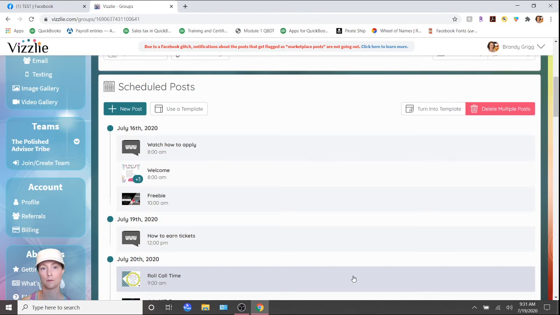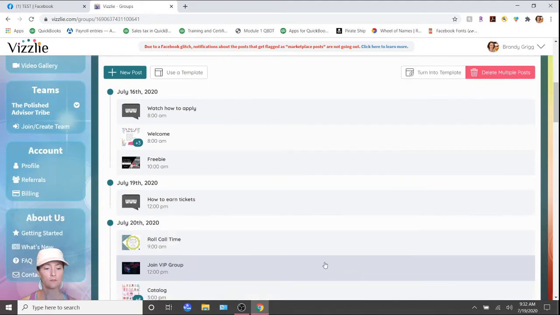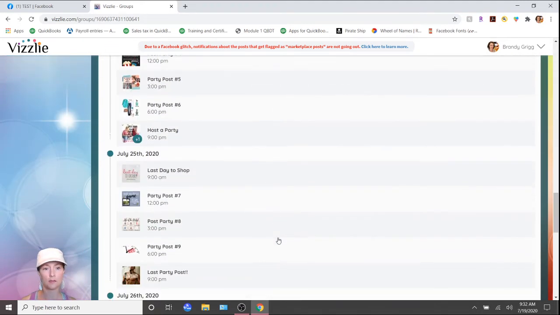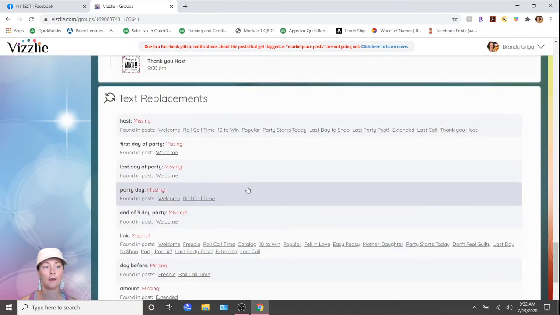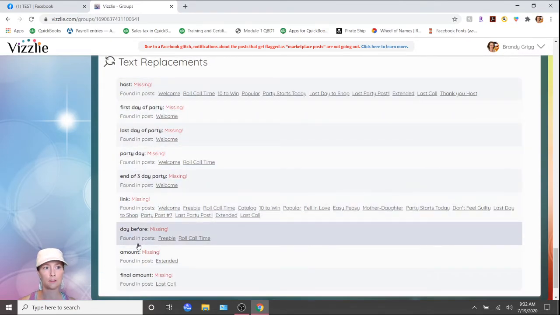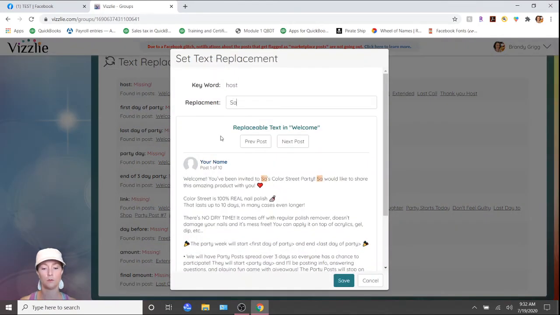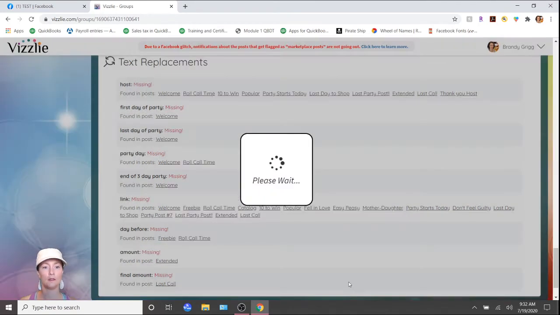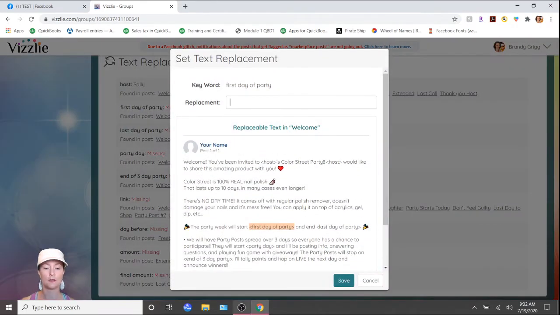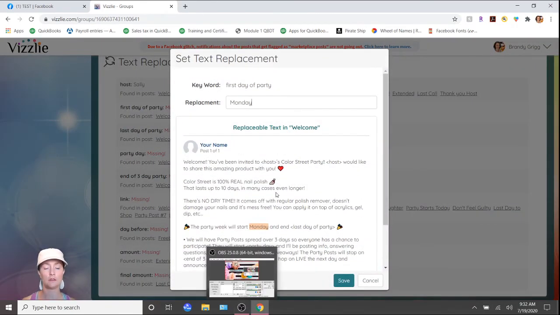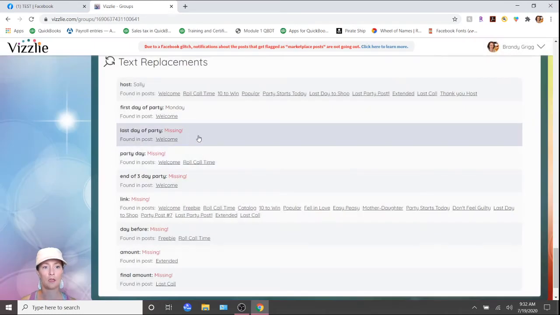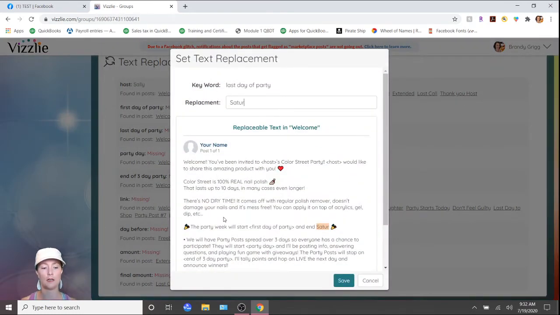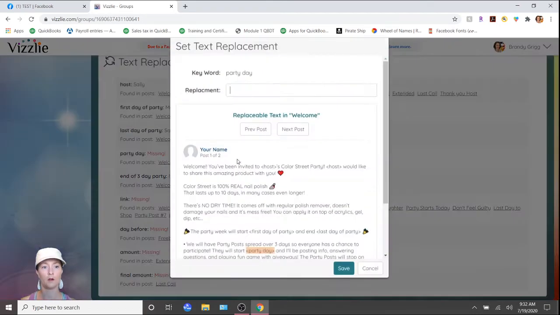I've customized most all my parties. There's not usually the same thing in 2 parties in the same week with the same images. But then you'll come all the way down here after you customize your party posts. And these are all my text replacements. So we'll want to click on host and we'll say Sally is our host. And the first day for this one will be Monday. And we'll click OK. Last day of party we do is Saturday because of the way it sets up. And then party day is